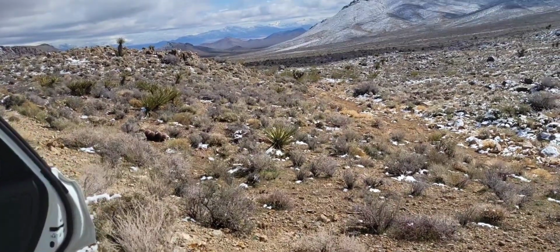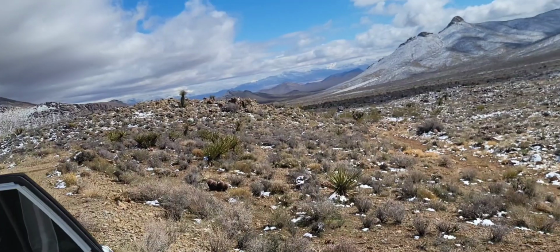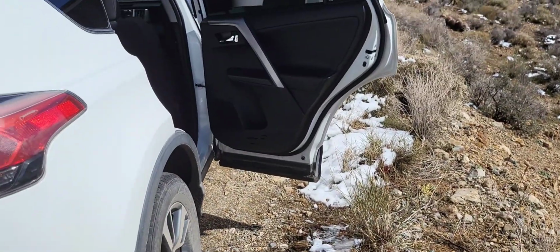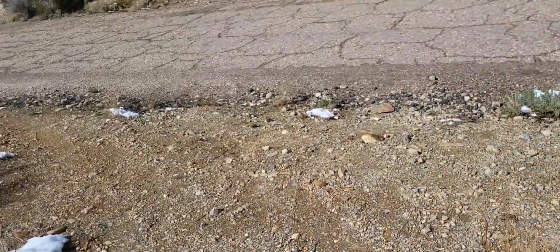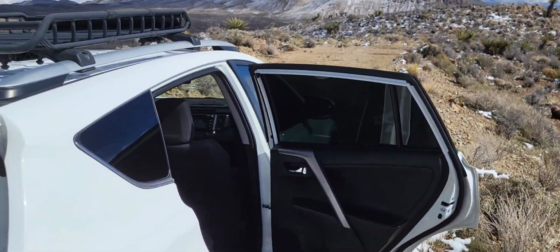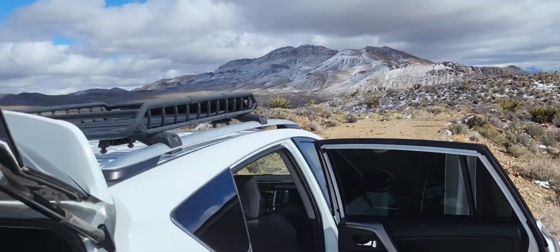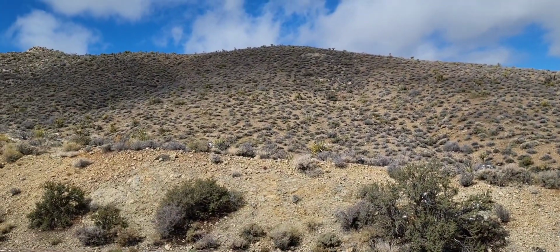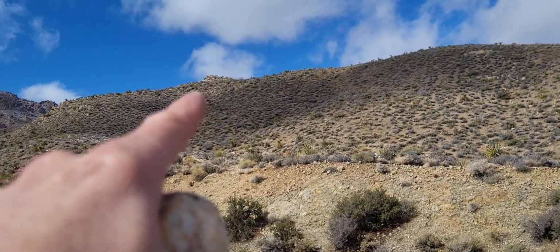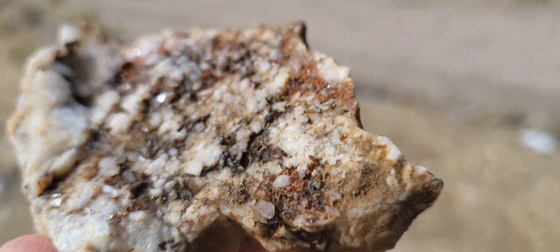So I'm gonna explore. I'm gonna hit this area up in here. And then after I check that out, because it looks like a little bit of a road cut here, just a little tiny pull off, and it doesn't go anywhere, it ends right here. So I'm gonna check out that area right there. And then I'm gonna go over there to where I said I'm gonna hike up to that point up here. That looks like the closer spot. Then I'm gonna hike up the ridge to that spot up there, and hopefully find some bigger chunks of this